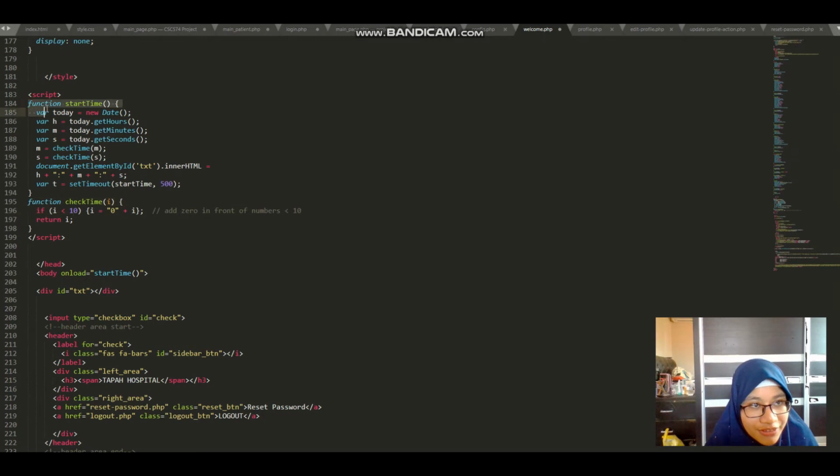There are two functions in the JavaScript. If i less than 10, which means that it will add 0 in front of numbers less than 10. So we need to close the JavaScript,